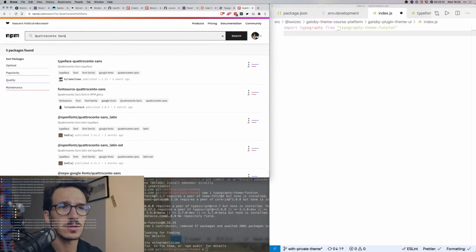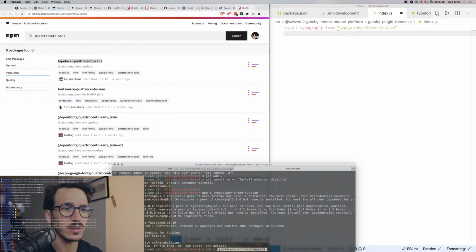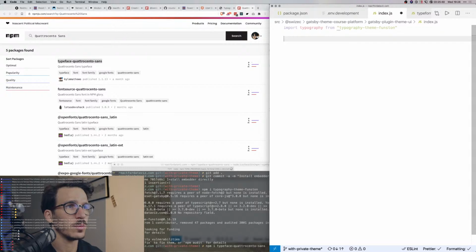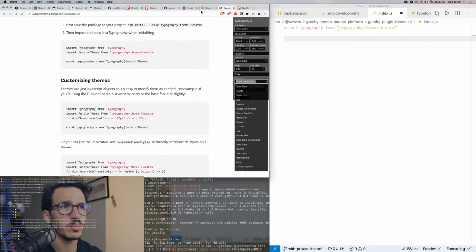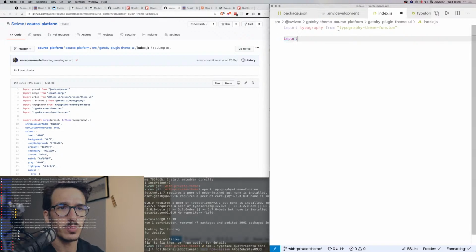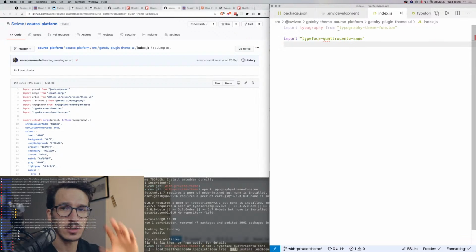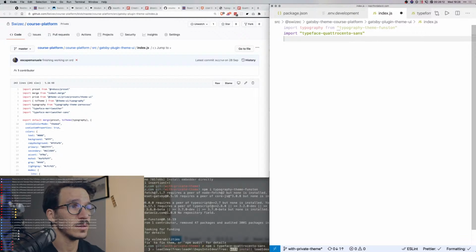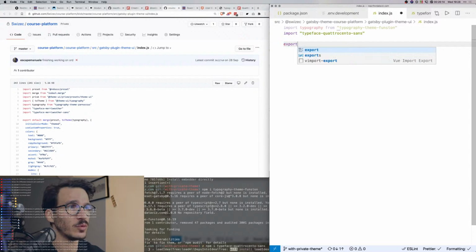Quattrocento Sans. Typeface Quattrocento Sans. Great. So we install that. And then from the theme, we're going to export first just the, let's see. So import typeface, we said Quattrocento Sans. That's going to give us the actual fonts that we can use for the rest of the theme. We've got that. And then we export default